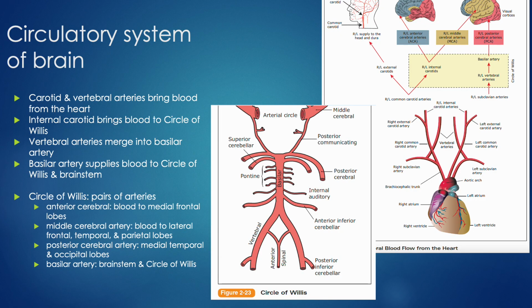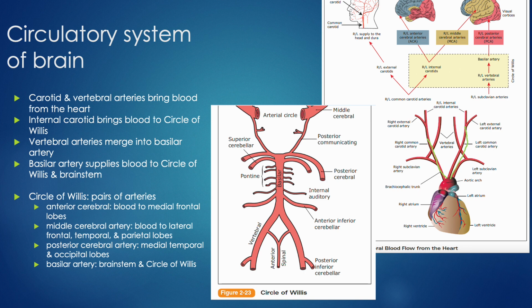All right, so the circulatory system of the brain, okay? So we're coming off the heart, and we're traveling up the carotid arteries, up the neck, and we come to the base of the brain. We come up the internal carotid artery anteriorly, and up the back we come up the vertebral arteries. I apologize, kind of got distracted there. And the vertebral arteries